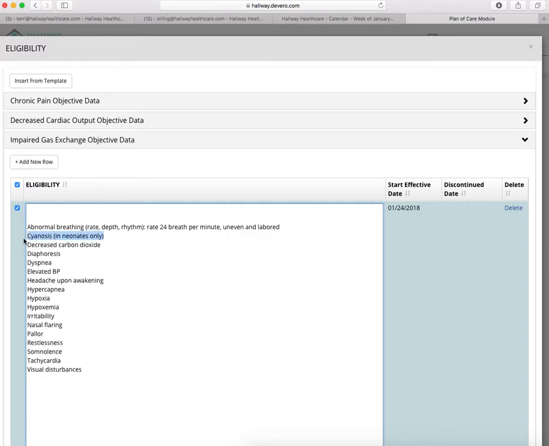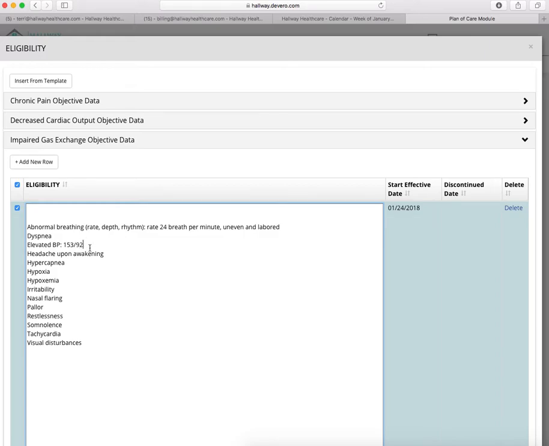Cyanosis, he's not a neonatal, so no. Decreased carbon dioxide, I don't know that because I didn't draw labs on him. Was he diaphoretic? No. Was he dyspneic? Yes, he was. Did he have an elevated blood pressure? Well, if he did, I would definitely need to put that here. And in this case, he did. It was